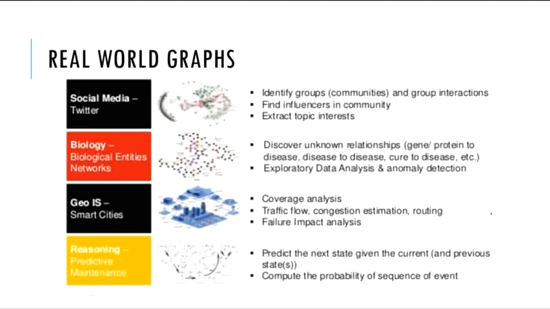Let us see some of the real world uses of these graphs and in what domains they are mostly employed. The first is social media, such as Twitter, Facebook, LinkedIn. Here we identify groups or communities and group interactions. That's what we're trying to figure out: whether a certain set of people are in close collaboration with one another. If some scheme is running on Facebook or, let's say, Twitter, such as this Black Lives Matter that we